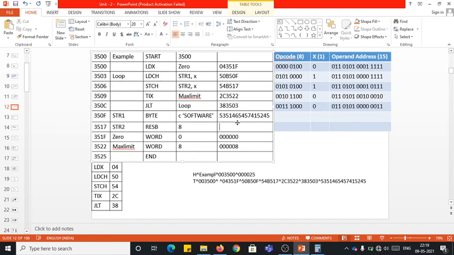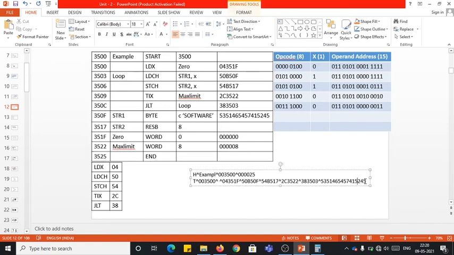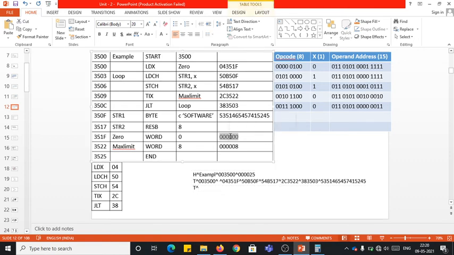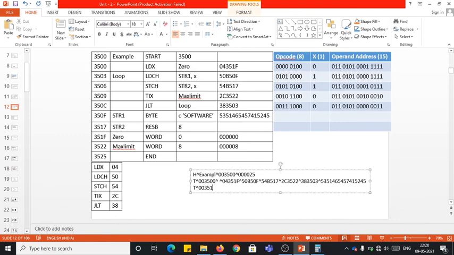It means you will only be allocating memory space, so you have to leave an empty space. In that perspective, the current text record will be stopped here itself. The next text record will be initiated for another set of object codes, and for this object code the starting address is 351F. So it will be 00351F.